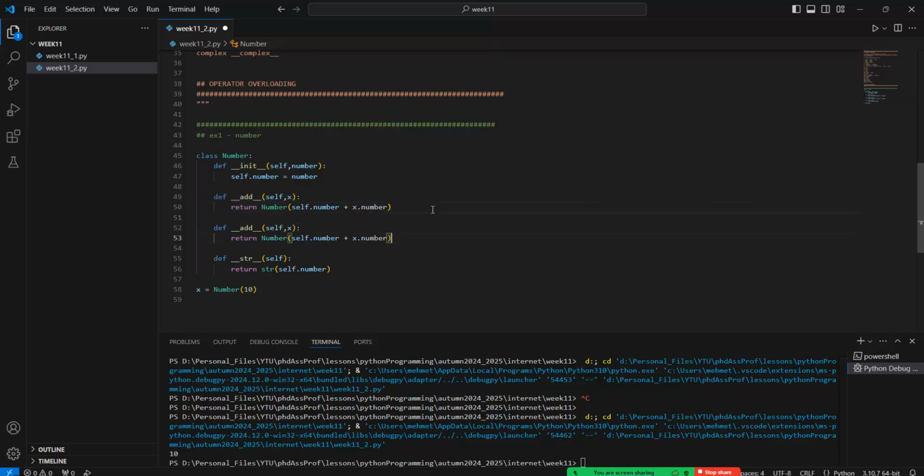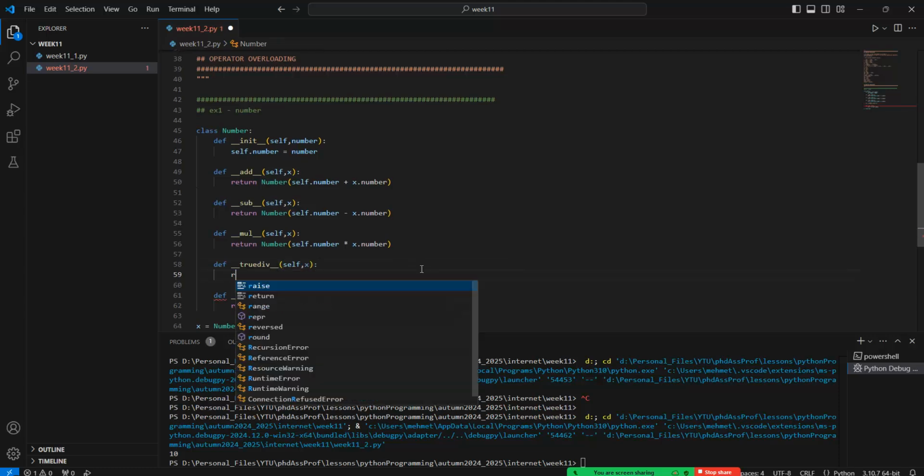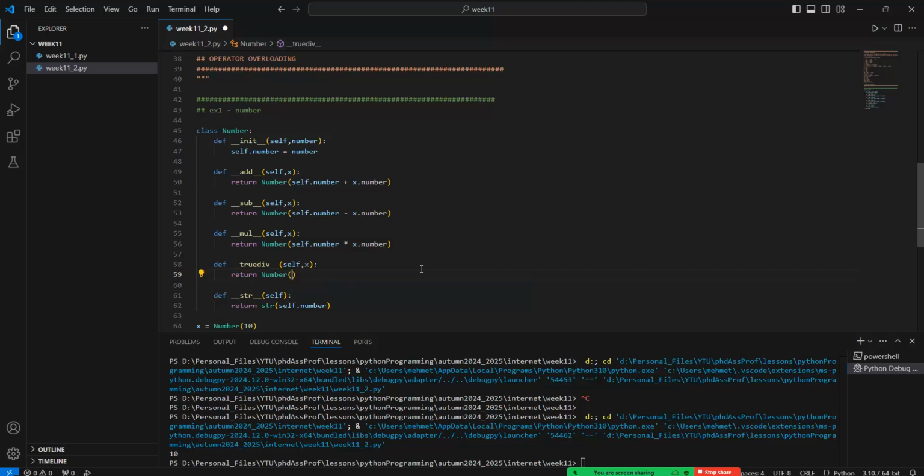Or we have the __sub__ operator in here, minus value. We have the __mul__ operator, the multiplication operator, just like this one. Okay, or the true division: self and x, and return the number of the self.number divided by x.number. Okay,